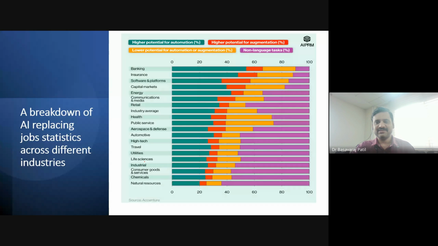Then everyone has a perspective that as AI comes into the market, we will have a scarcity of jobs, a loss of jobs. No, it is not 100% guaranteed that if AI is introduced, you will lose your job. Everyone, it is a misconception, it's a wrong myth which has been spread over the market.